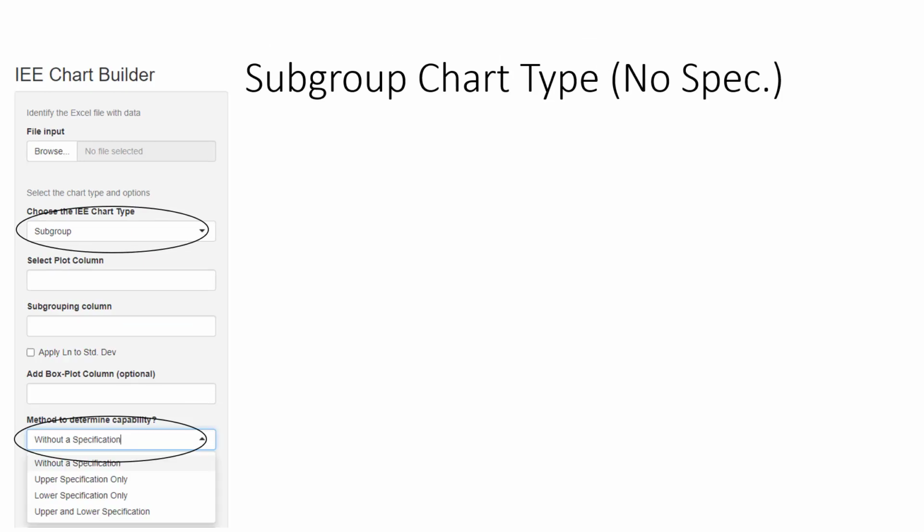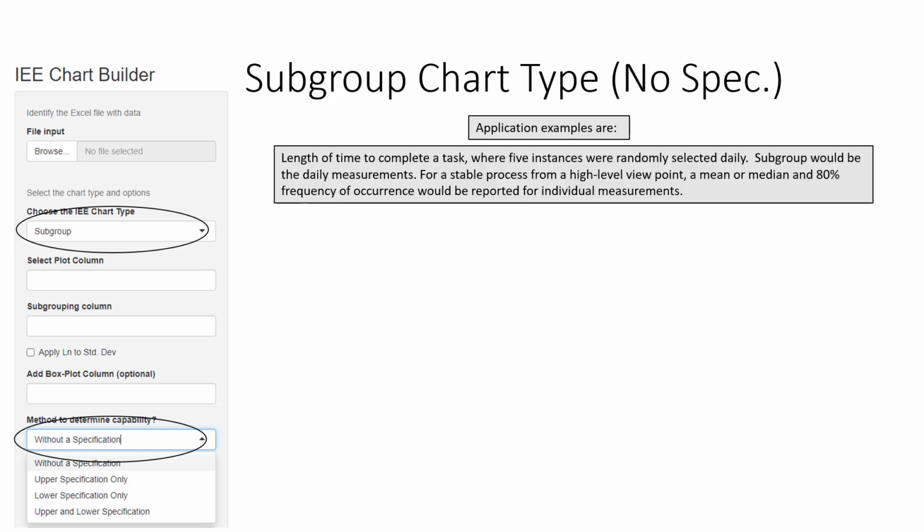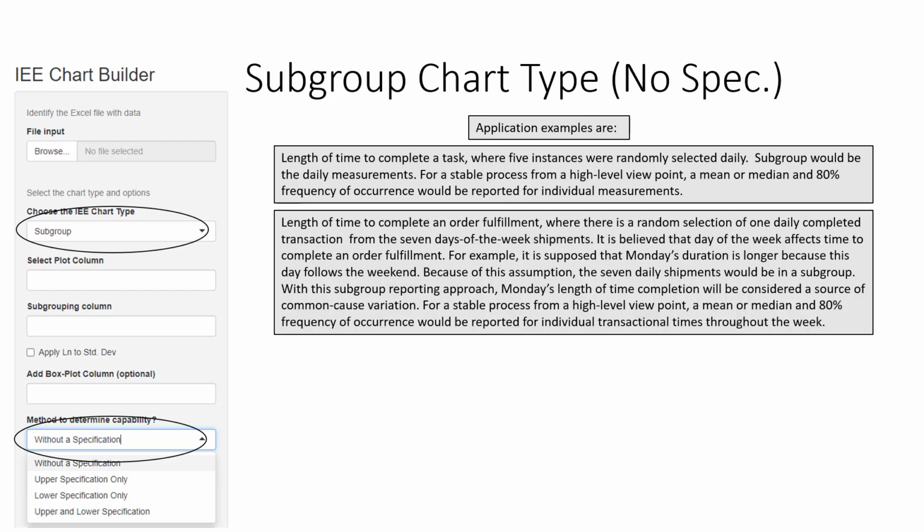Subgroup chart type, no spec. Application examples. Length of time to complete a task, where 5 instances were randomly selected daily. Subgroup would be daily measurements. For a stable process from a high-level viewpoint, a mean or median and 80% frequency occurrence would be reported for individual measurements. Length of time to complete an order fulfillment, where there is a random selection of one daily completed